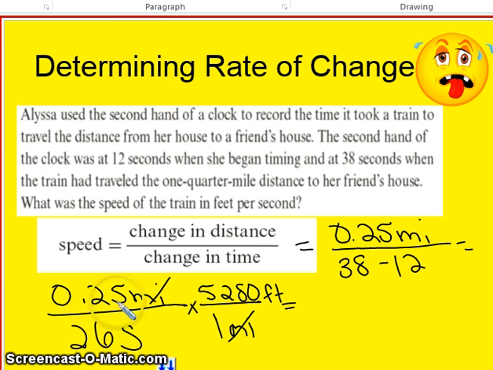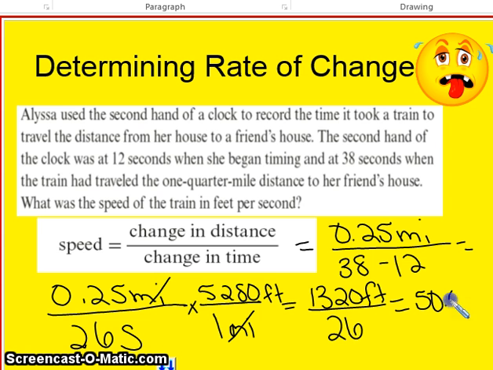And when I multiply 0.25 times 5,280, I get 1,320 feet divided by 26 seconds times 1, which is 26. Now, 1,320 divided by 26 is about 50.8. So the train's speed in feet per second is about 50.8 feet per